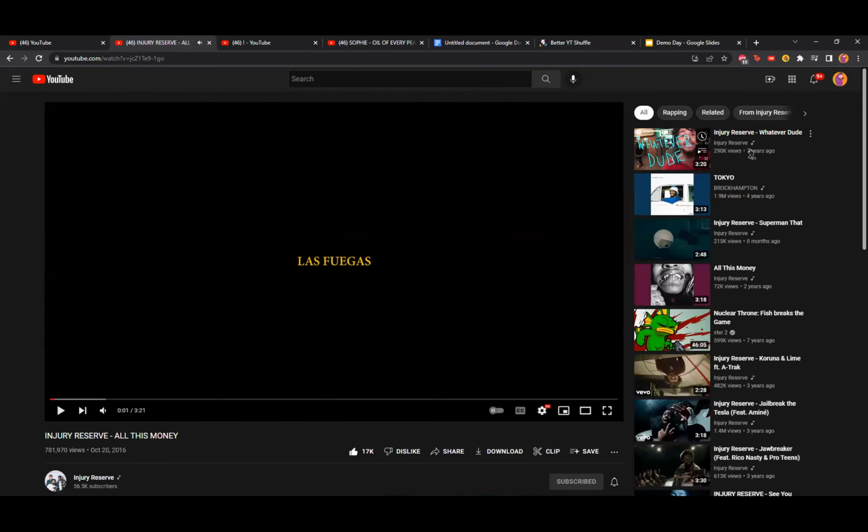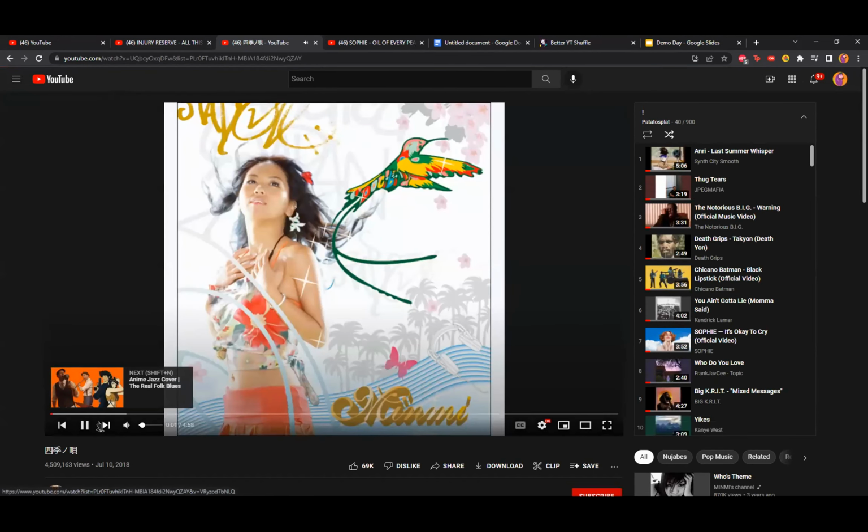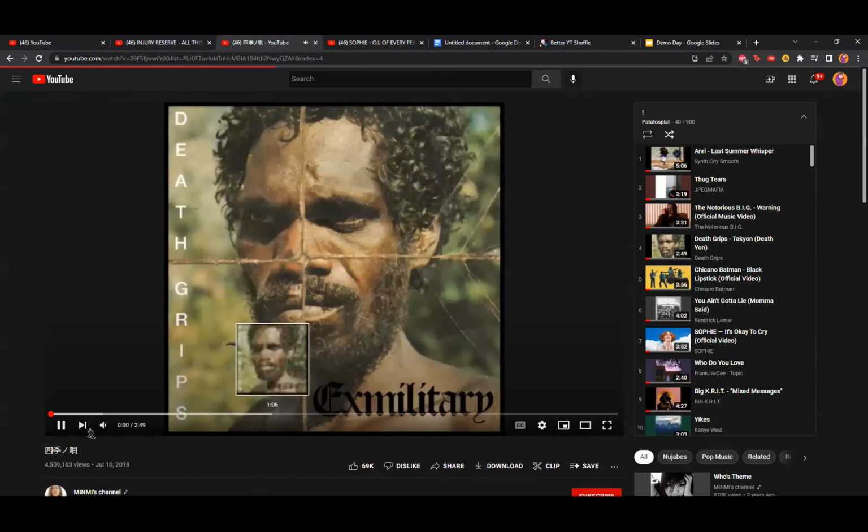So eventually there will be a point when you go to the playlist. If I click shuffle play, this is what I mean: doing shuffle play is slow. It'll go here, it'll keep going through songs, and I don't know if I'll be able to display it, but eventually the